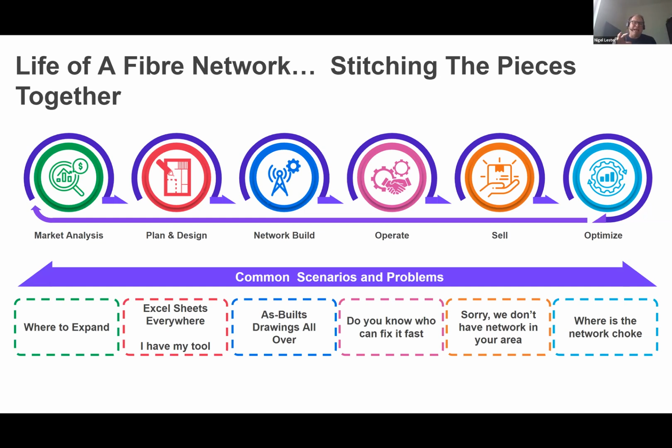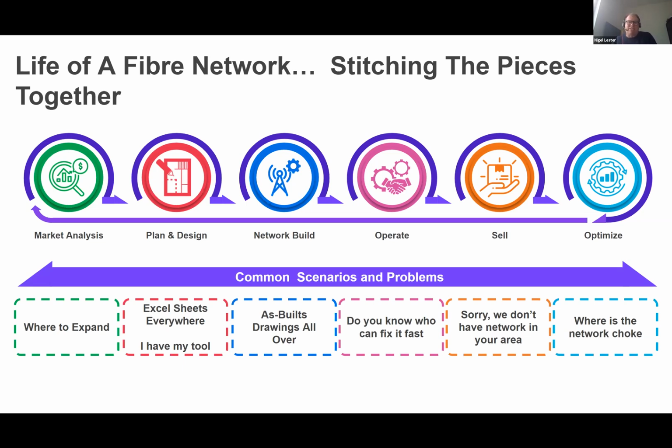But yeah, just drilling down into the planning and design part, what we see is quite a number of organizations start off managing all of their network data in CAD drawings or in Excel spreadsheets even, or QGIS, maybe some Google KML. And the network starts to become more and more complex and challenging to manage. And this is when organizations start to look towards an inventory platform to better manage that information.